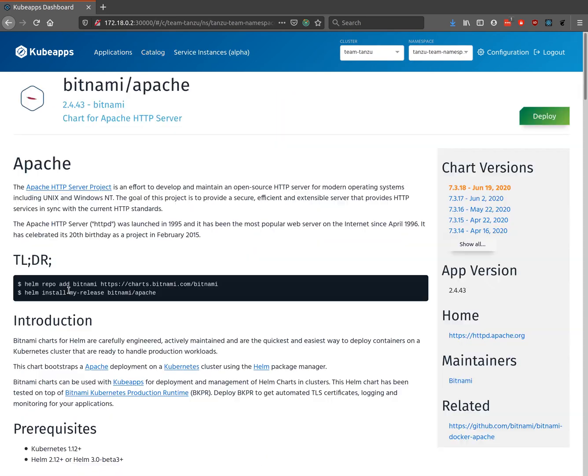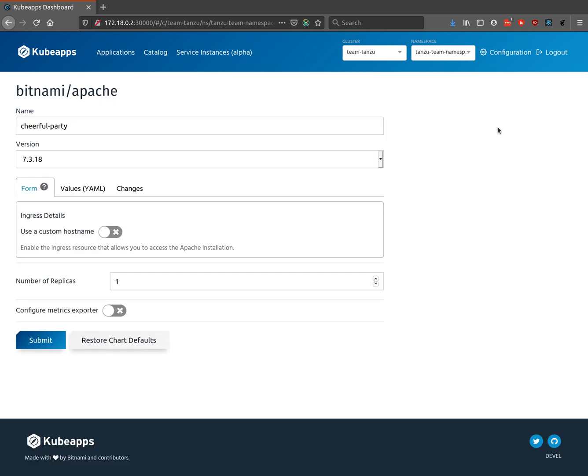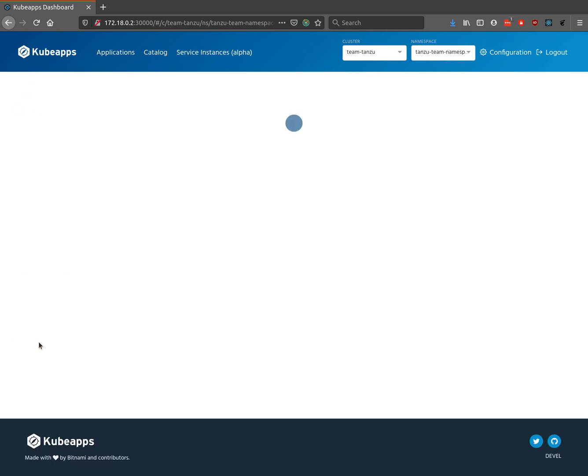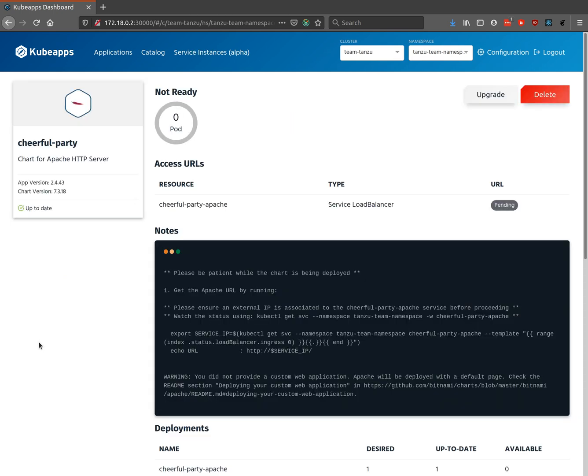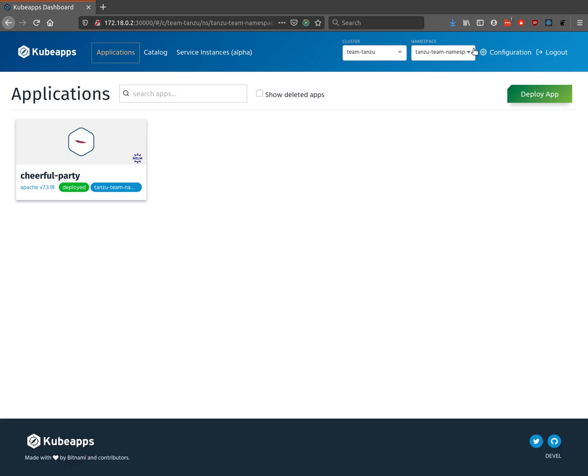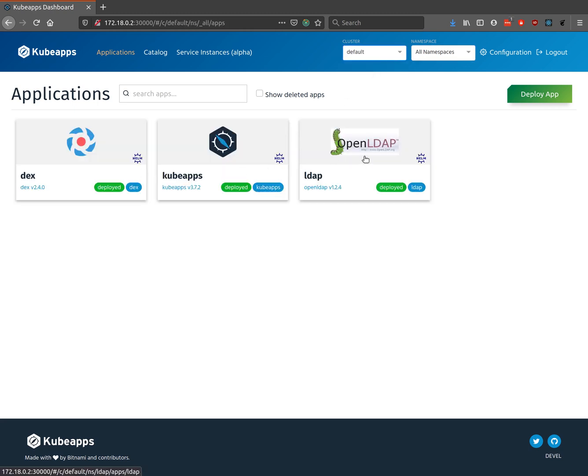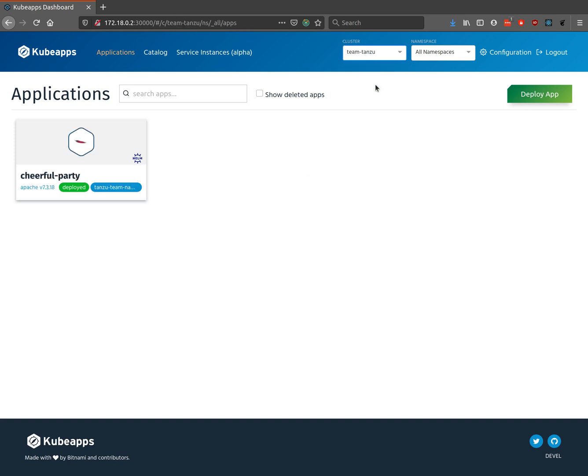I'll install Apache as normal. Cheerful party. There you go. And that is now installing into this separate cluster, Team Tanzu. So it'll take a while as normal. If I come back and look at the applications, we can see that that's there. Similarly, if I go on to all namespaces, I can switch back to the default cluster, and I've got the apps that are still obviously there. Switching back to Team Tanzu, I can see